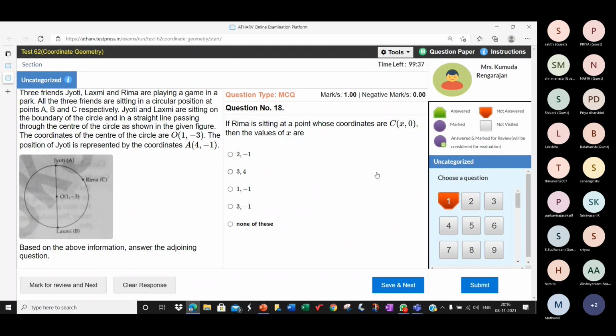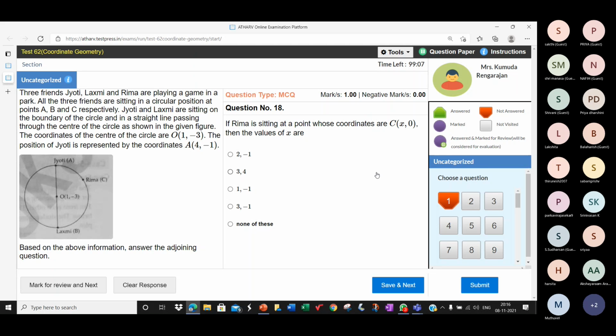Okay, what is the procedure you used, Arnav? Ma'am, since A and C are on the circumference of the circle, so OA is equal to OC by radius. They both are radius. Very good. That's what I wanted. I wanted the condition. The condition is OA is equal to OC. That's very important. Once you write the condition, then you know how to proceed. Very good. So you should write OA is equal to OC because OA radius, OC radius.